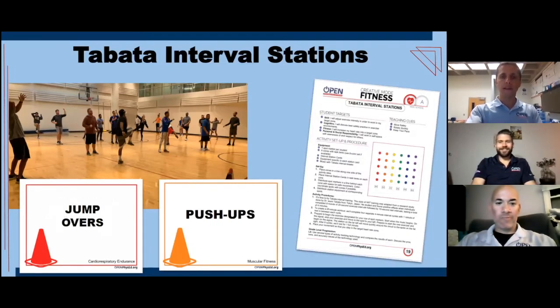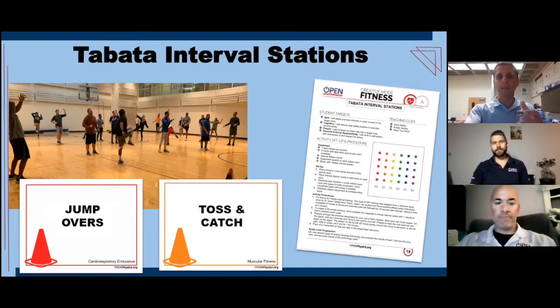The way that it's written on Open, we have red as something that's aerobic, orange that's something that is muscular strength, yellow might be skill related, and then that pattern repeats. But maybe we're going to use equipment. So maybe instead of doing jumping jacks, we're jumping back and forth over that beanbag. And then when we move up to orange, maybe we're practicing some tossing and catching, or doing some plank balances with that beanbag,